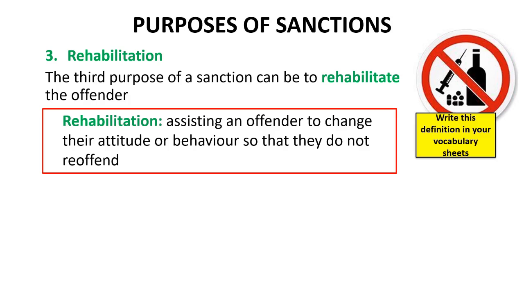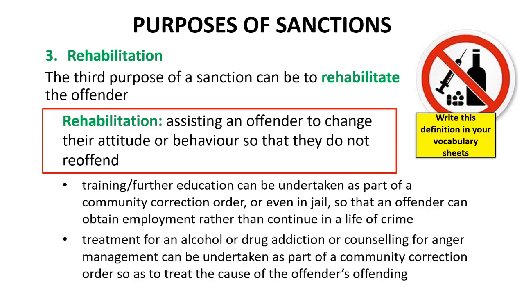So, for example, if you are given a community correction order, then one of the conditions of that order can be that you undertake some kind of training or further education program. Even in jail, there are programs under which prisoners are able to undertake training or further education so as to obtain a qualification. The purpose of these programs is to enable the offender to obtain employment, and by obtaining employment, it is hoped to rehabilitate the offender so that they can fit back into society rather than continue to follow